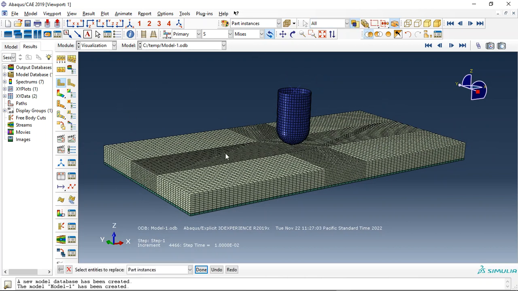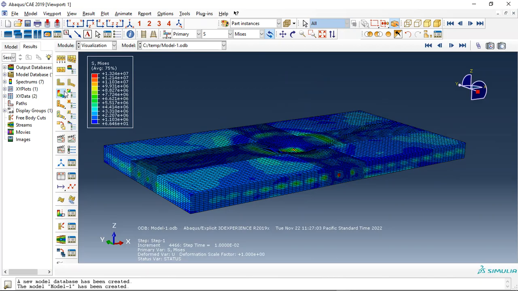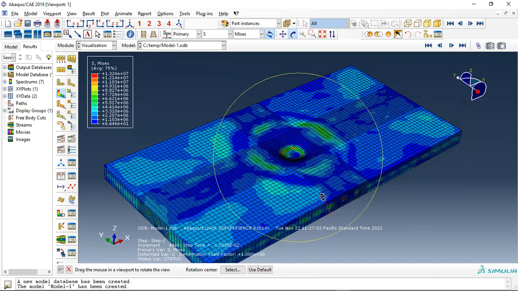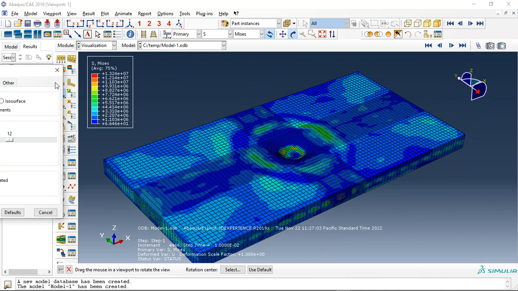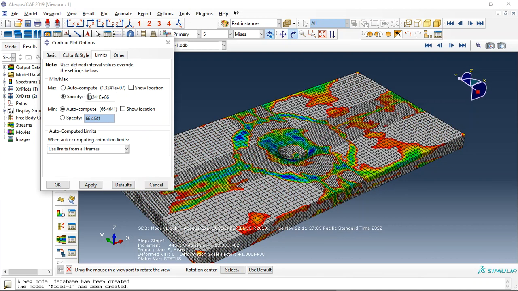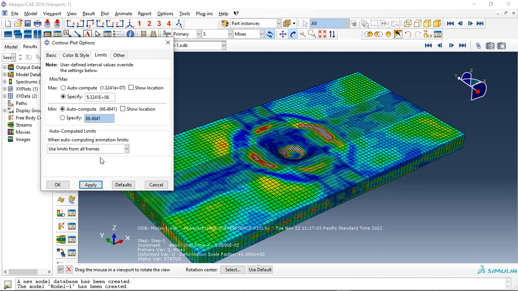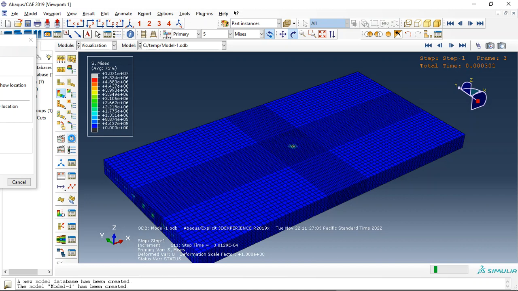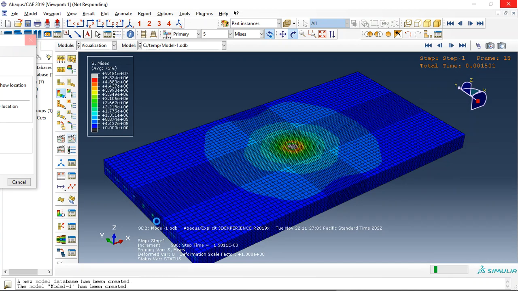Let me just replace the concrete slab. Click on the plot contour shape, and let me use a limit here to have a better view of the stress propagation. So make it 5, it is better. Click on animate. You can see this is the stress propagation, and if you check here, see here pre-tension, these are the effect of the